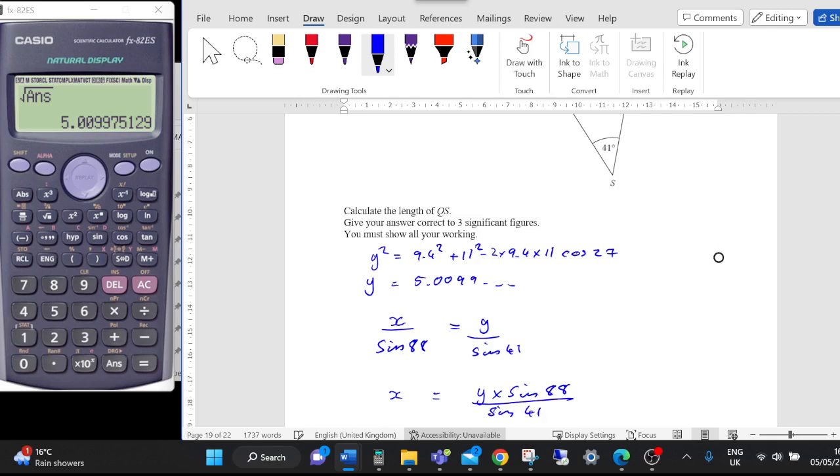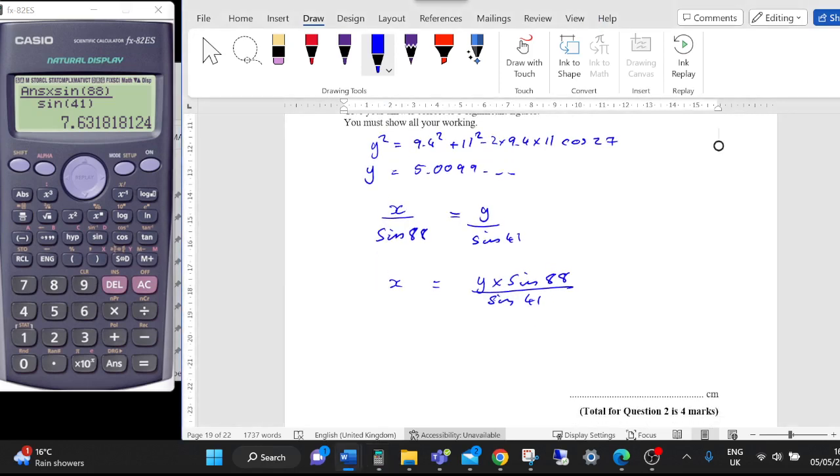So if I multiply that value by, actually let me redo that, fraction button, the value that I last had times by sine of 88 divided by the sine of 41, close bracket, equals 7.63. Let's just double check that before I write it down. They agree with me. Yeah. So that's going to be 7.631818 dot dot dot. So to three significant figures, that's going to be